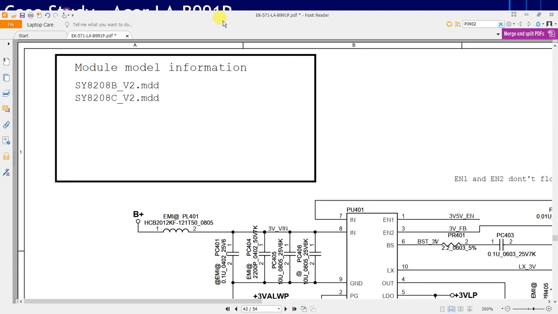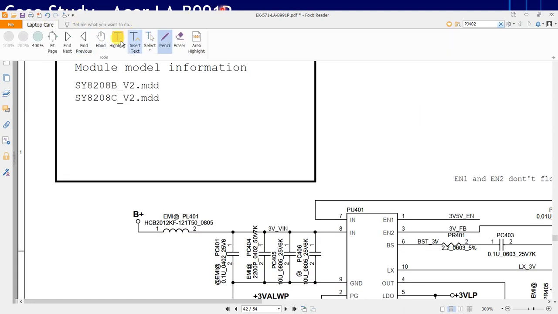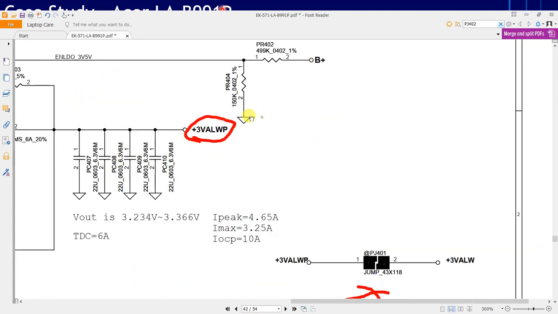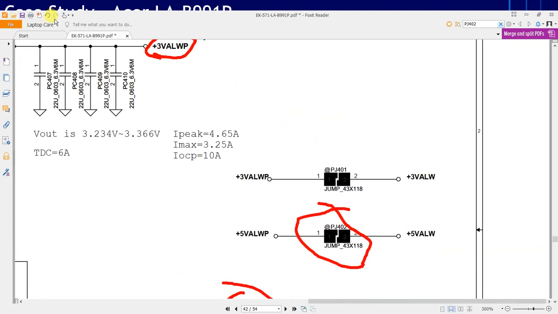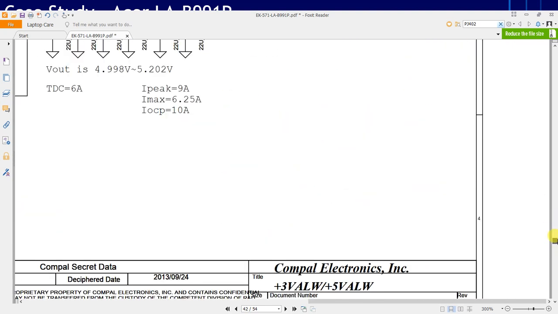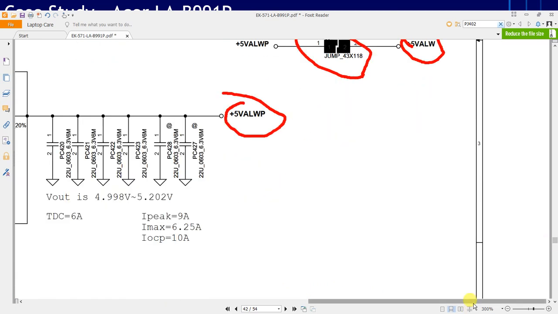this particular voltage is converted to our plus 5 volt always. I have explained how this solder pad or jumper works in my previous videos. Friends, you can check my previous videos for an explanation about jumper pads on the board.